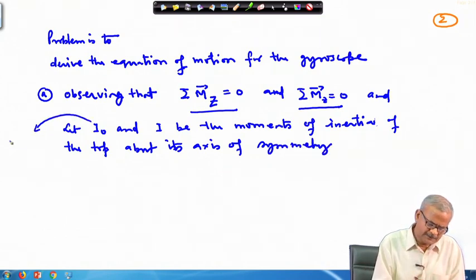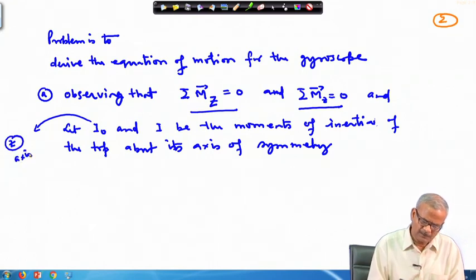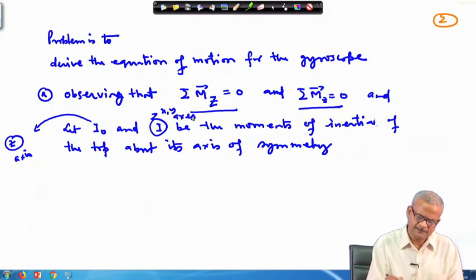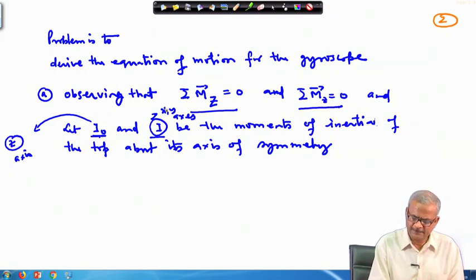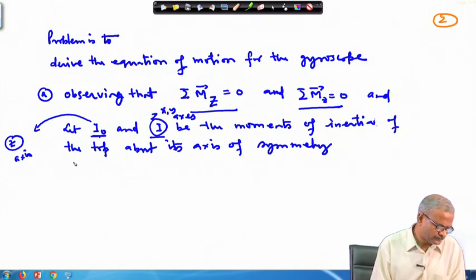This is associated with the small z axis, and these are associated with the x and y axes. If this is along z, these are along the respective transverse axes, which are x and y. So, derive